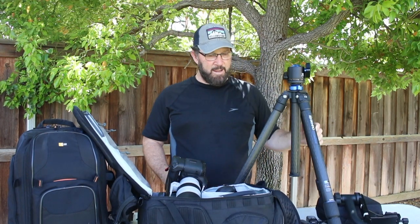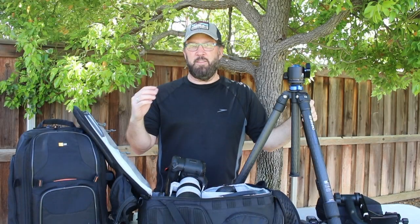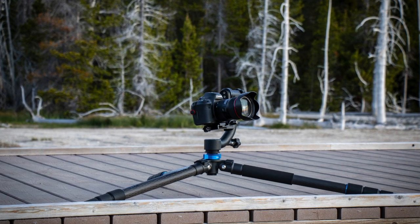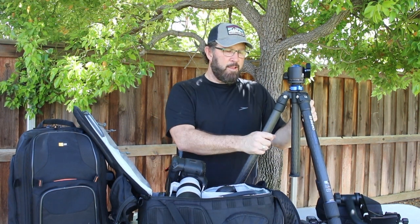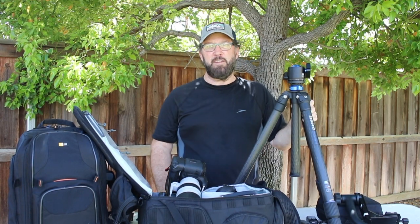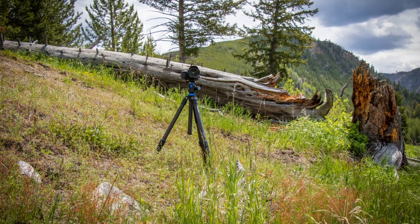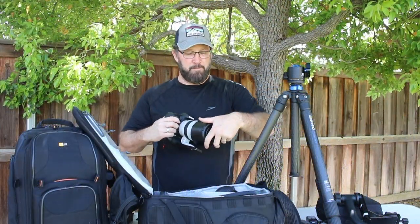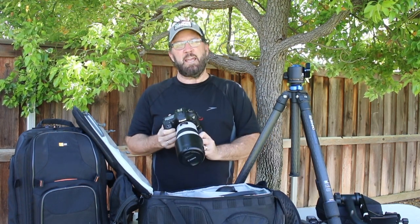It's lightweight, it's easy to use, and it's half the cost of the $1,200, $1,500 tripod legs. But legs are very important in photography. You want to have solid tripod legs, and you want to invest in it. And I'm really happy with this Benro tripod, the legs, and even the ball head that I use. It's nice to know that the equipment that you've invested so much money into is on a pair of stable